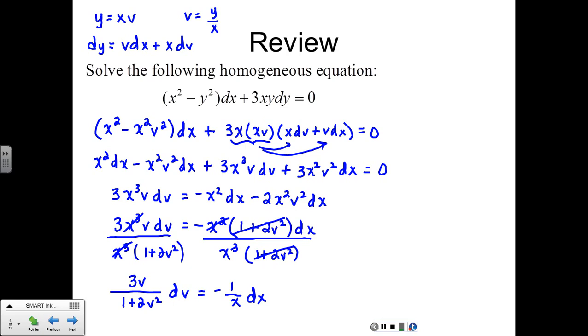Don't throw your hands up in the air and quit, right? Because we can do this. Any ideas on this first one? The 3 is just a stinking constant I can pull out front. So